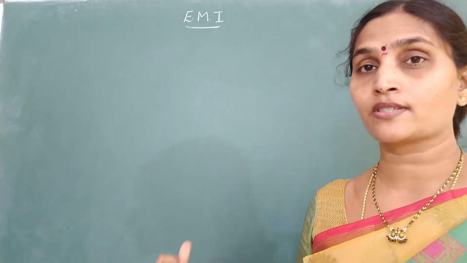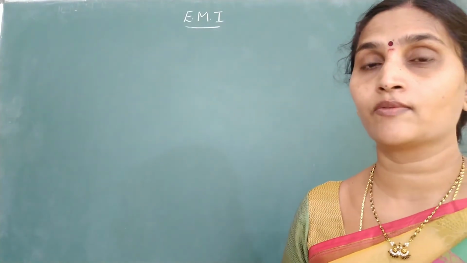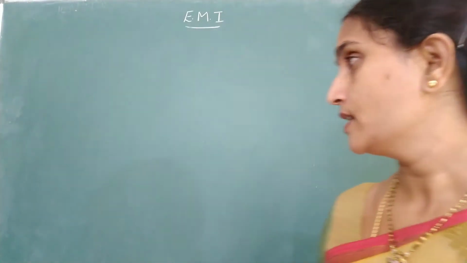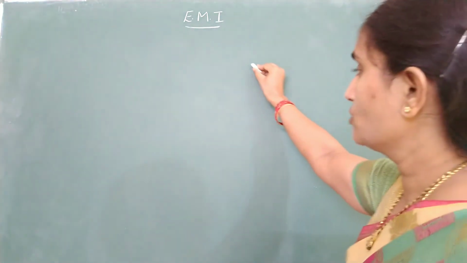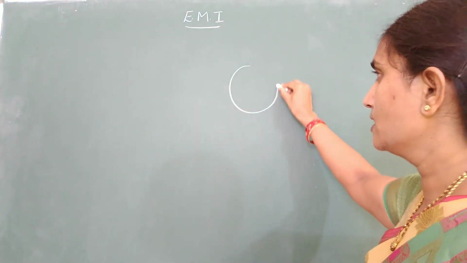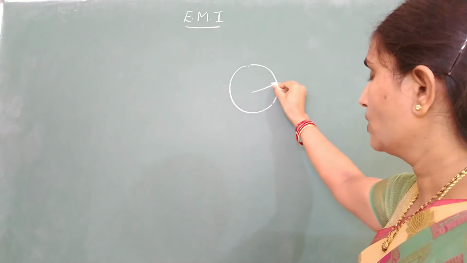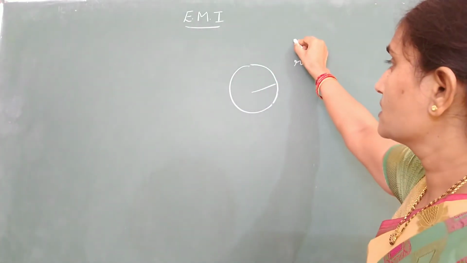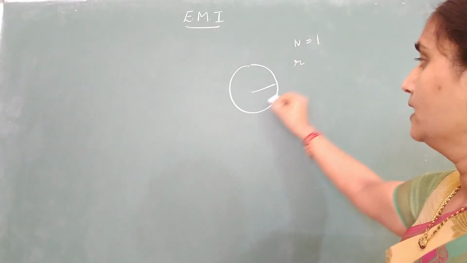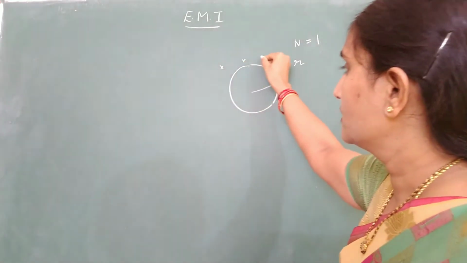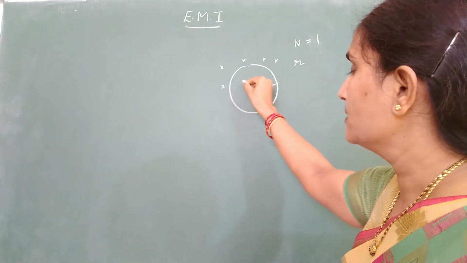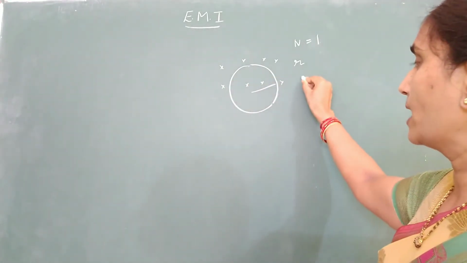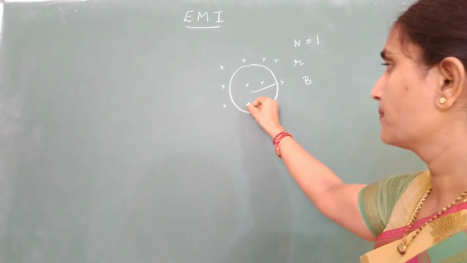Second question. In the previous question magnetic field was varying and we have evaluated the induced EMF. So in this case area is going to change. Again I am taking a circular coil, whose radius is given as small r. Number of turns is 1. It is placed in a perpendicular magnetic field of capital B. Magnetic field is given as B.